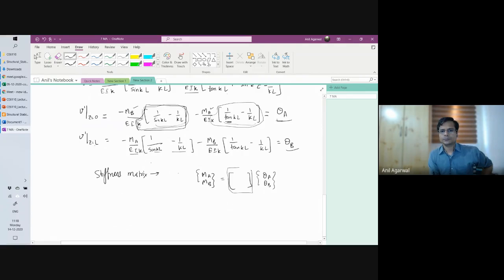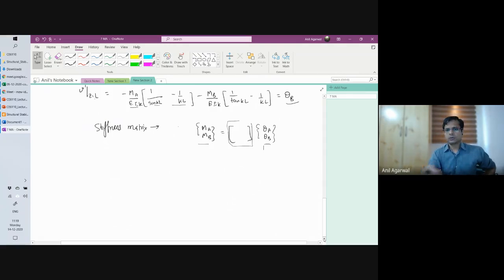So, got it? So basically now we have this equation for theta in terms of MA and MB, but we want to develop equations for MA and MB in terms of theta, because we want to develop the stiffness matrix, because we are effectively going to use it in the stiffness matrix method, right? So I solve for it, and basically after solving it, what I get is